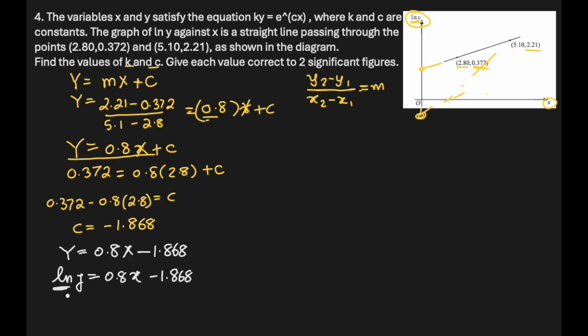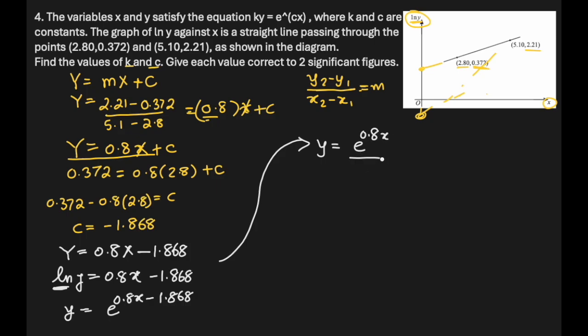So if I remove natural log from this side, it will become y equal to e to the power 0.8x minus 1.868. Since the powers of e are subtracting, we can also write this as y equal to e to the power 0.8x divided by e to the power